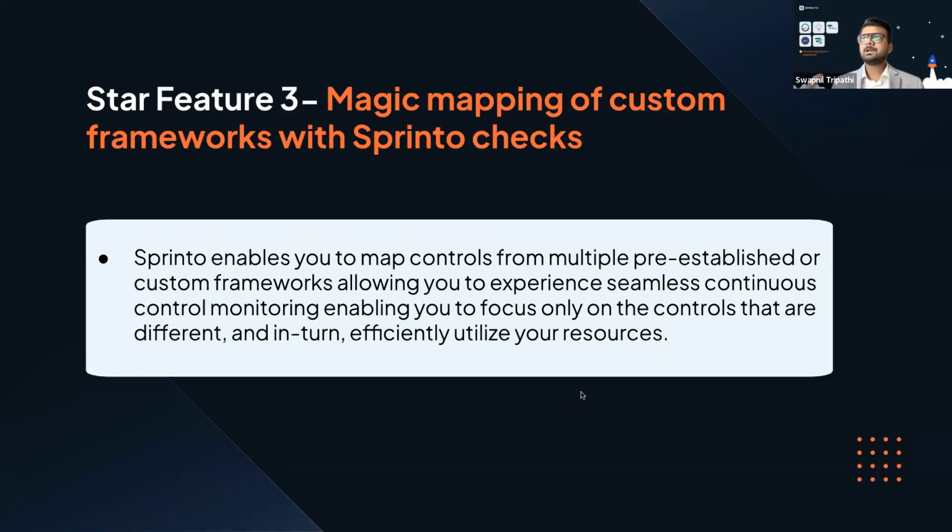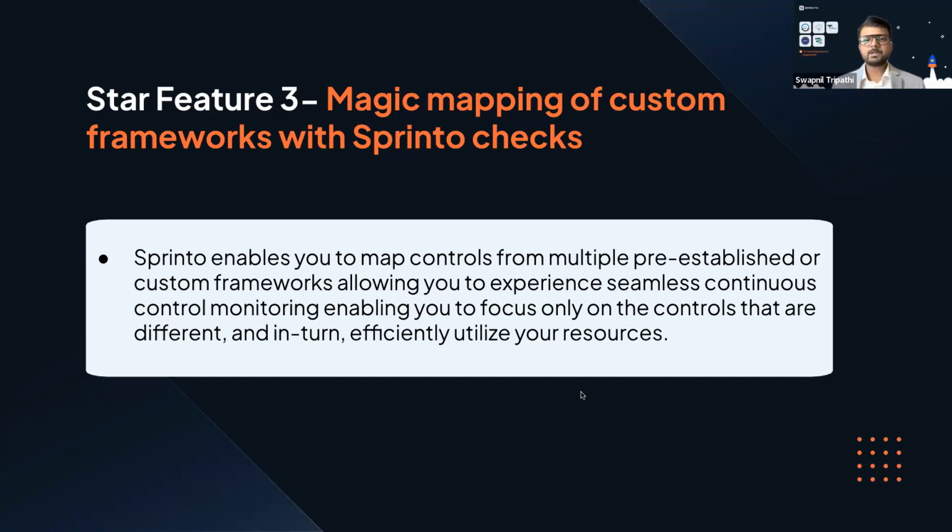This is where our third feature, magic mapping, comes into the picture. What this feature is doing is you tell us for any random framework that we don't support that, okay, this is related to ISO or SOC 2 or any framework that we support through this particular control, right? Let's say in your framework, let's call it framework test one, control number one is related to control number A6.2 in ISO. That's it. That's the only information we need.